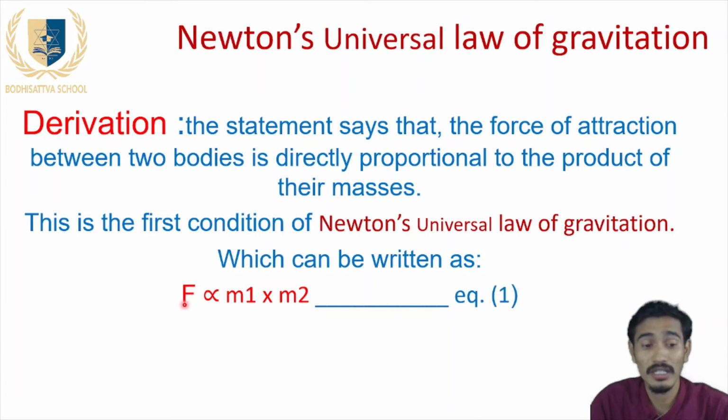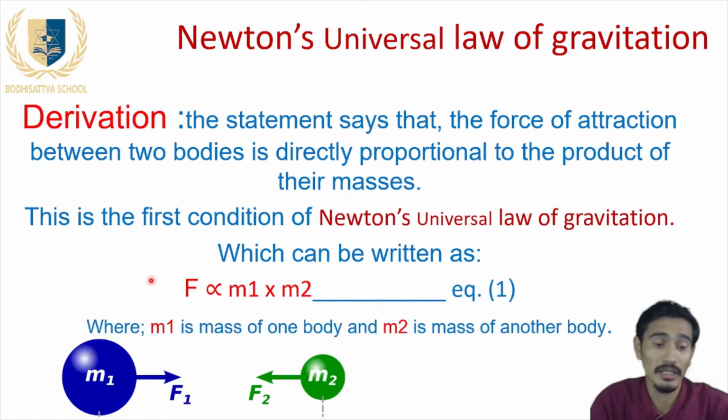So we know the first condition says that force is directly proportional to the product of mass 1 and mass 2. That means if we increase the mass of any body, the force will also increase. And the second condition